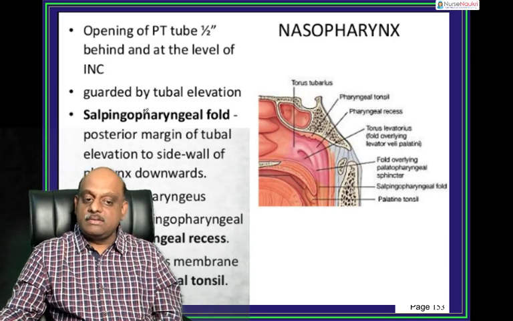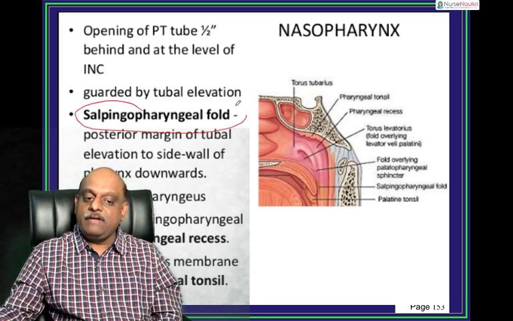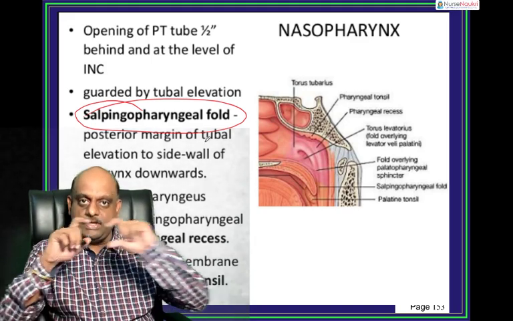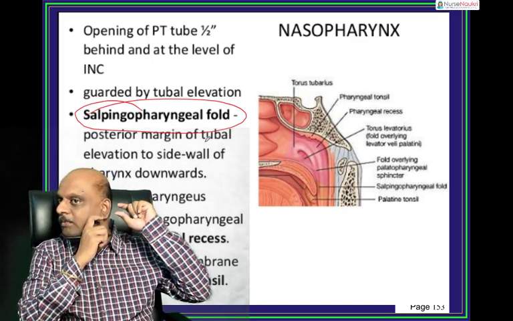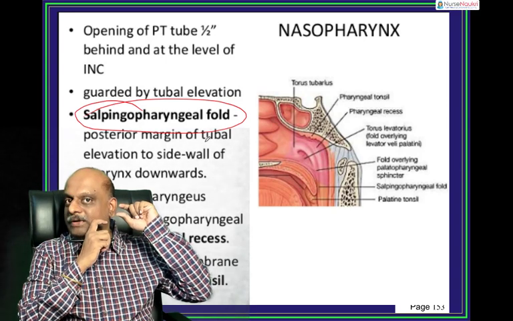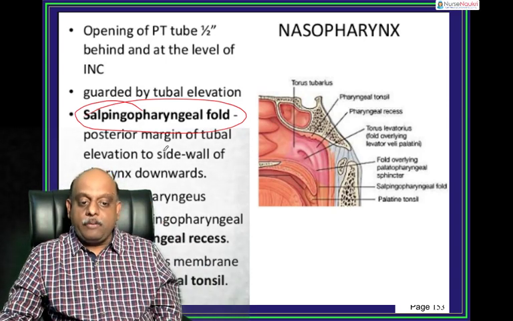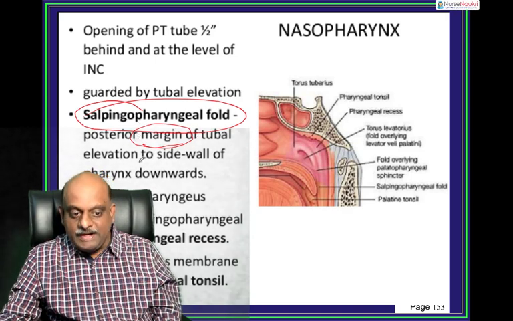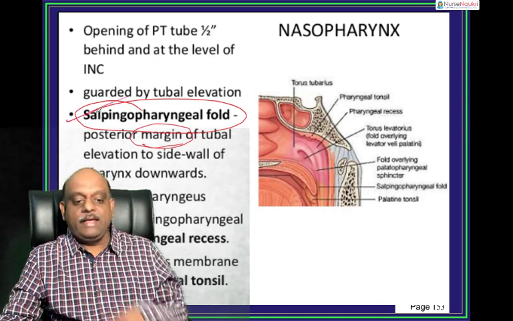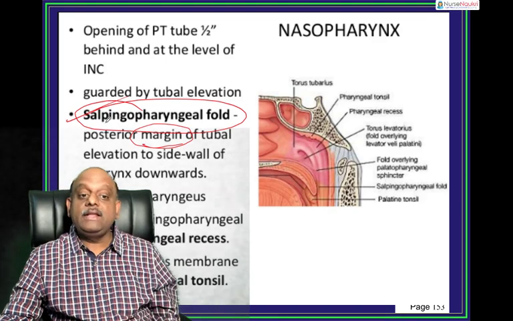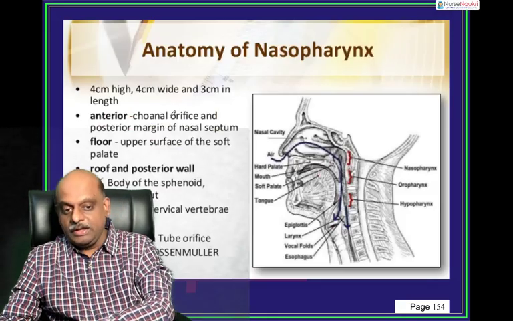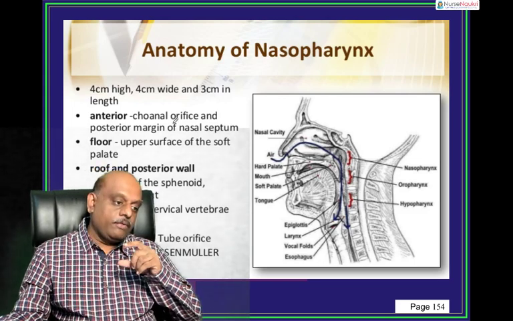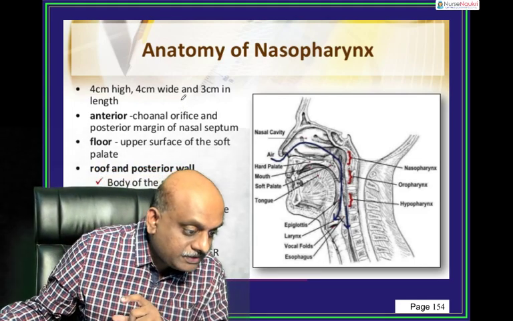Now, what is the salpingopharyngeal fold? The eustachian tube is the one which is connecting the mouth and the ear, right? So at the posterior margin of this eustachian tube, there is an elevation which is called the salpingopharyngeal fold, is what you should remember. Now, when we talk about the nasopharynx,